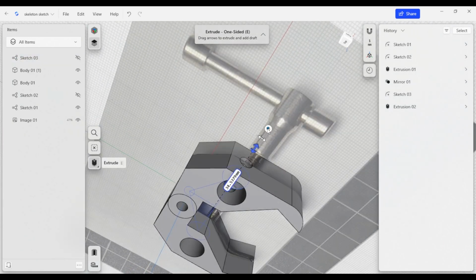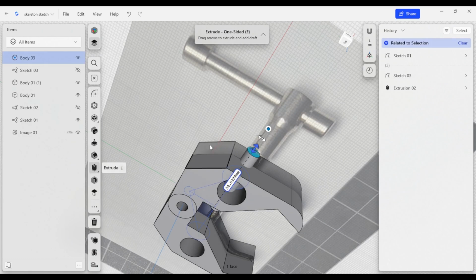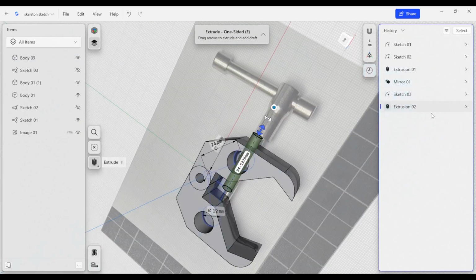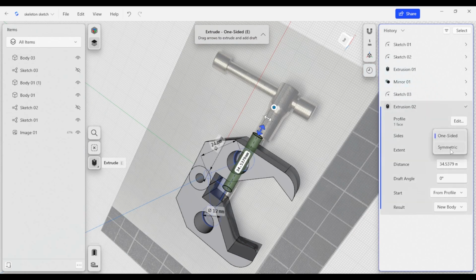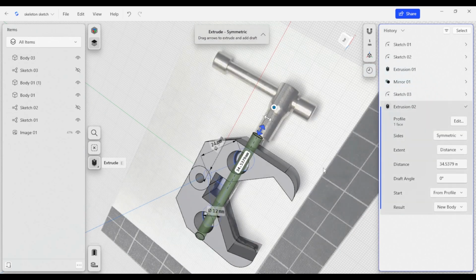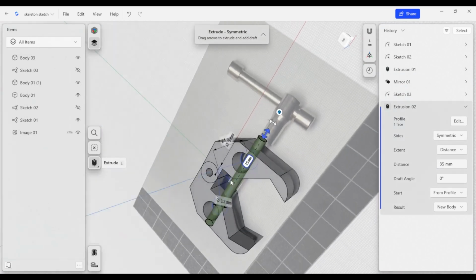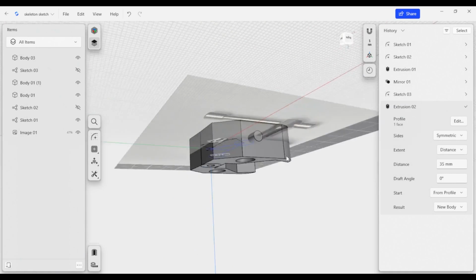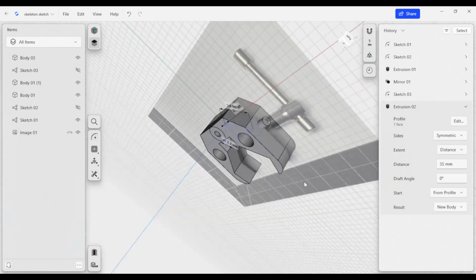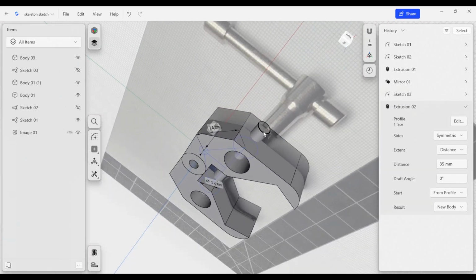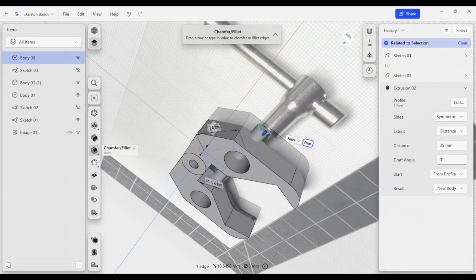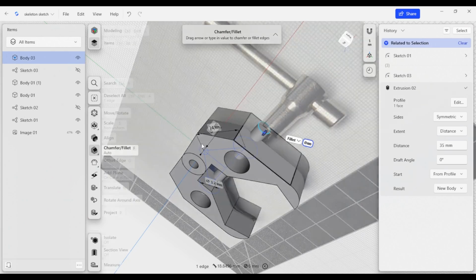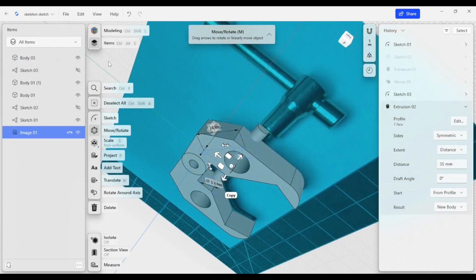And there's a few options that I'm going to choose. I'm going to create a new body, and I can go into the history tree and adjust and say that this is going to be symmetric. And I'm just going to round this up to be 35. And that looks pretty good right there. And that's done there. I'm going to take this end cap here, and instead of creating a bunch of different extrusions, I'm actually going to create a new sketch altogether,